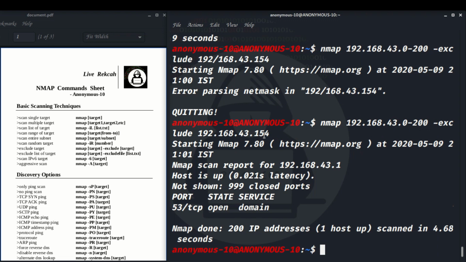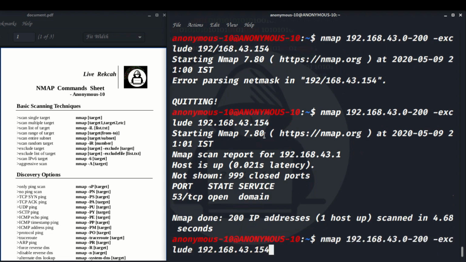How we can do that is, see, the same exclude. If you want to mention it as a file, use exclude file a.txt. That's all.